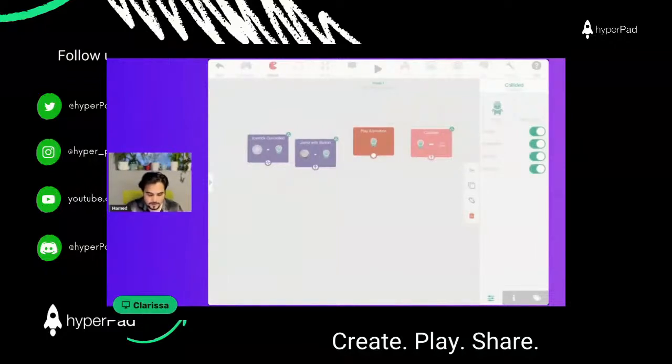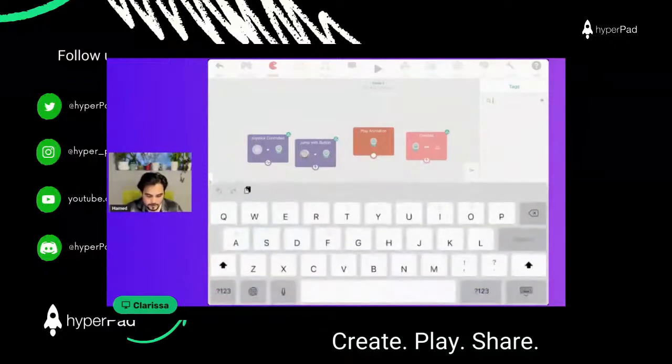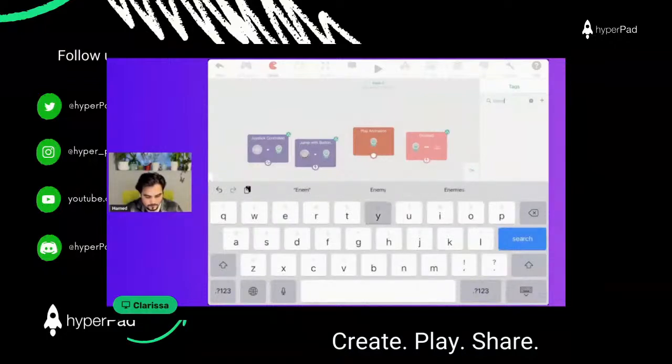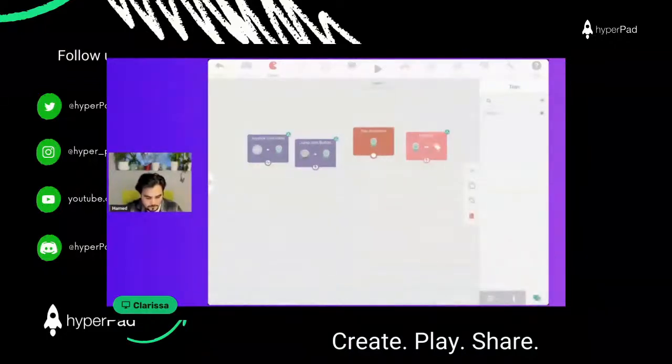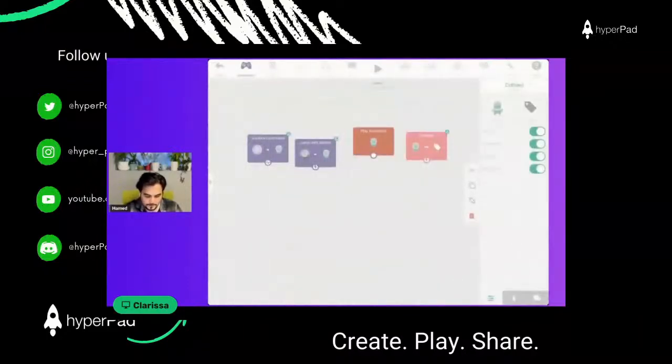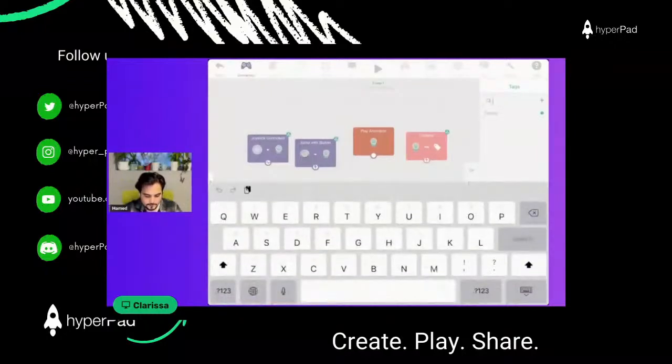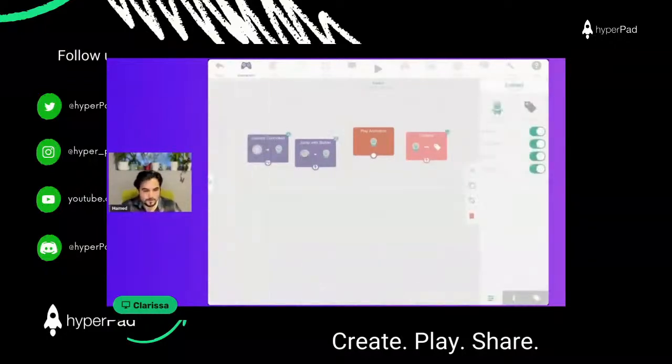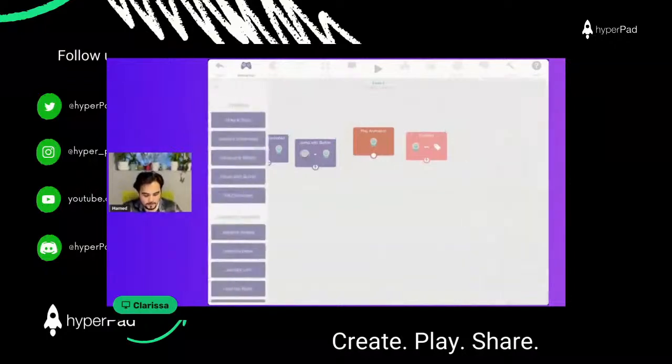We add the collided behavior to the screen, and then we press the tags button in the bottom right corner, and then we add the enemy tag. I feel like I forgot to add this tag. Yeah, I did. I didn't actually select it, because when you select tags, it'll show up in this list right here. So when we collide with our enemy tag, what we're gonna do is